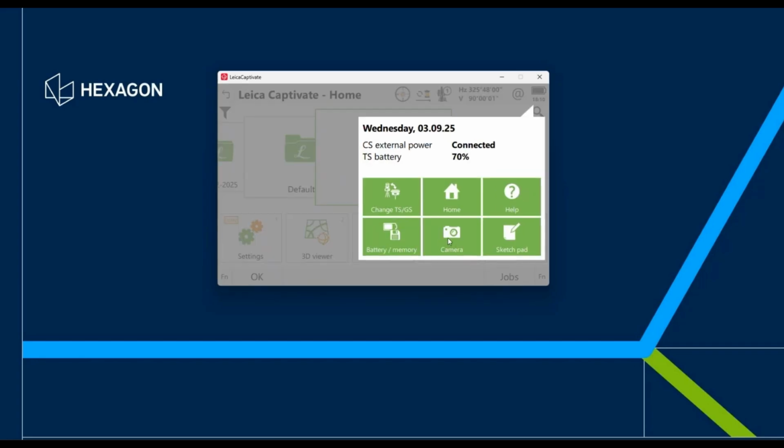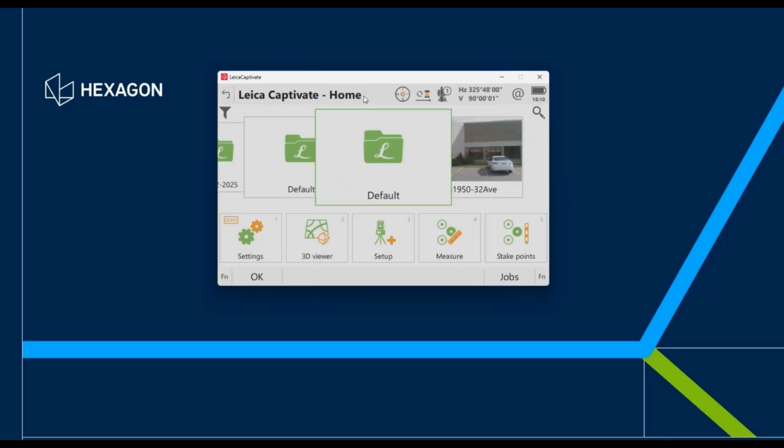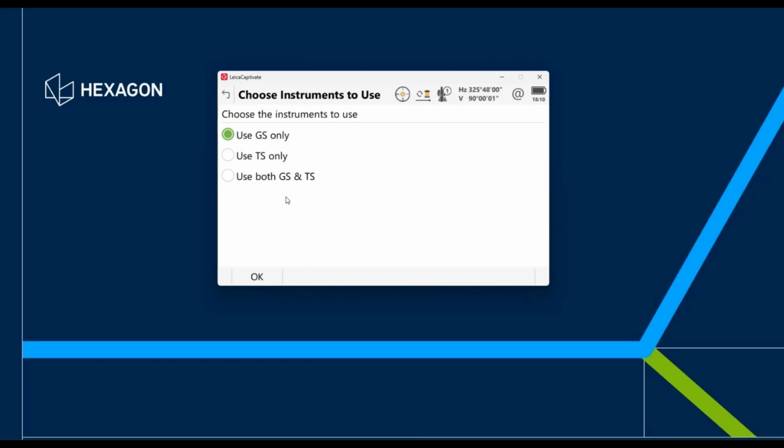It's called GeoCloud Drive. And of course, you've got the battery icon on the upper right corner. Then you've got access to the camera and sketchpad. You can change your instrument mode, check the battery, and go back to the home screen quickly. So that's for the icons on the total station side. If I go quickly to the GNSS side,